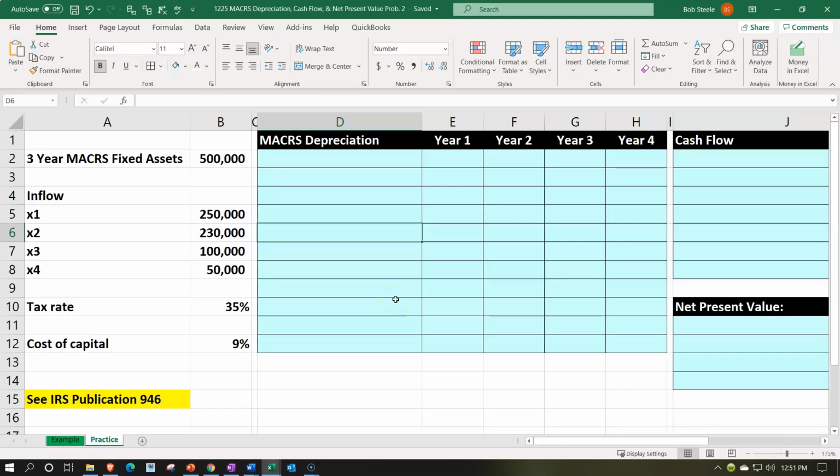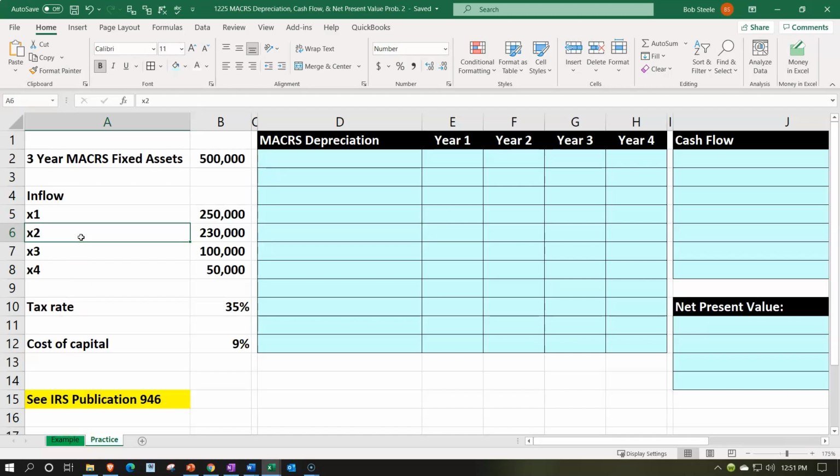Here we are in our Excel worksheet. If you have access to the Excel worksheet and would like to follow along, note that we are in the practice tab as opposed to the example tab, the example tab, in essence, being an answer key. We're going to be pulling together some of the things that we looked at in prior presentations in one practice problem here,